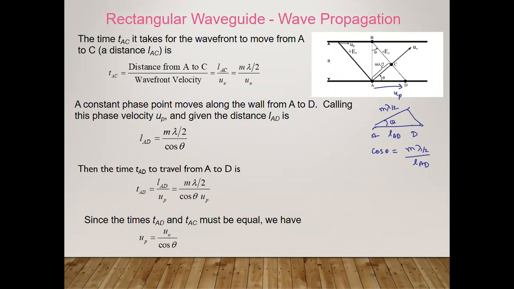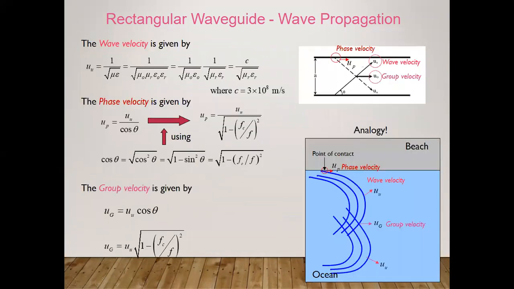Again, the time taken for traveling from A to D is also mentioned here. In this way, you can find all the time periods along with the velocity. You can observe how the wave velocity can be calculated. U, that is 1 by root of mu epsilon, and 1 by root of mu 0 mu r epsilon 0 epsilon r. Already we have solved many numericals on this basis.